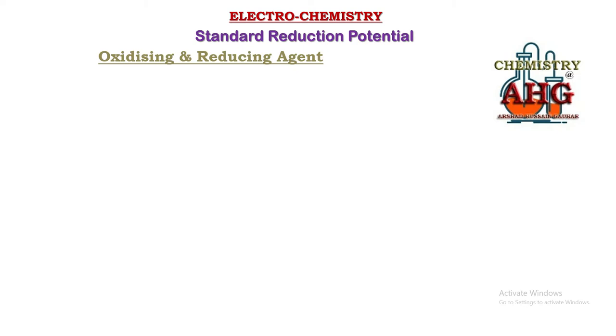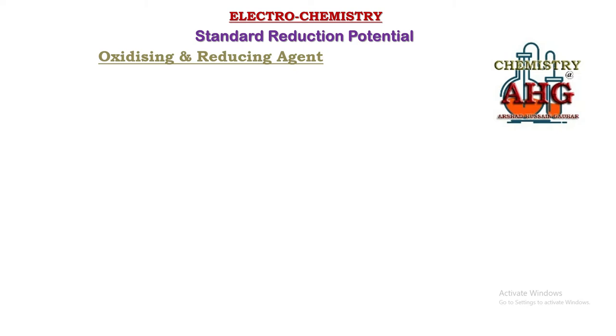Based on this information, finally I will tell you how to construct an electrochemical cell that can produce maximum voltage, that can have maximum spontaneity, and I will also tell you how to write down a balanced chemical equation for an electrochemical cell that can give maximum spontaneity by using the given best oxidizing and reducing agent. So let's start today's video.